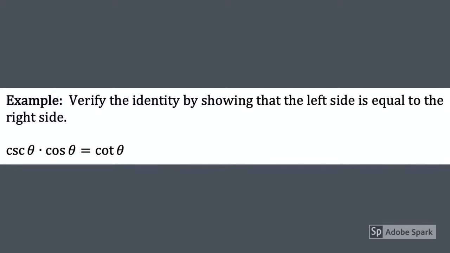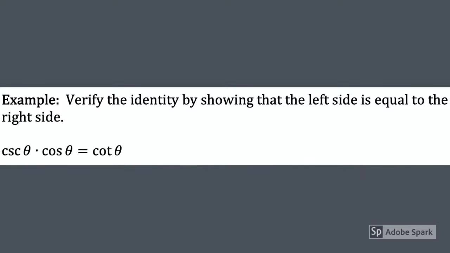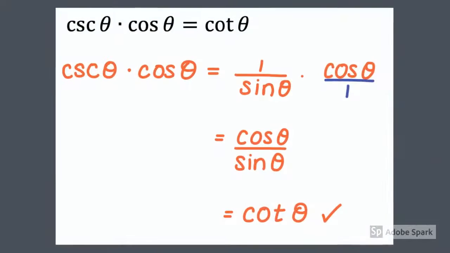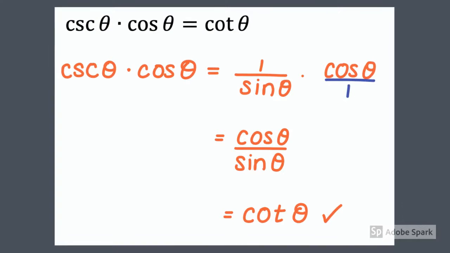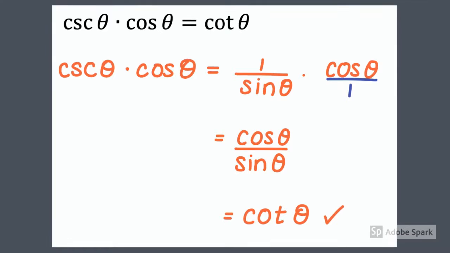For this problem, we'll start with the strategy of rewriting everything in terms of sine and cosine. As I mentioned, when you have terms that aren't in terms of sine and cosine, this is often a very good first step. So here's what I did. I started with my left side, cosecant times cosine, and I just rewrote that again underneath the problem for my work. Then I said, well, cosecant is not written in terms of sine and cosine, so I used the reciprocal